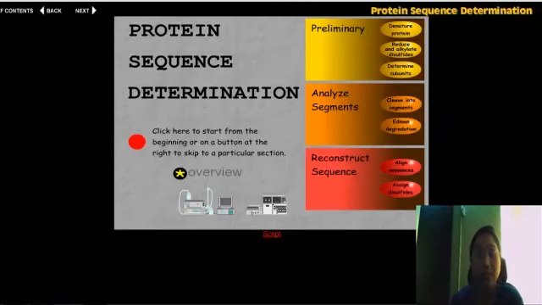Because we want to know the structure of the protein, and after knowing the structure of the protein, we'll be able to actually find out the function of that protein. So initially we have to know the structure of the protein. Now a protein has 4 types of structure: primary structure, secondary structure, tertiary structure, and quaternary structure. Primary structure is nothing but it's just like a bead in a string. So it's the sequence of amino acids which is present, which actually forms the protein.